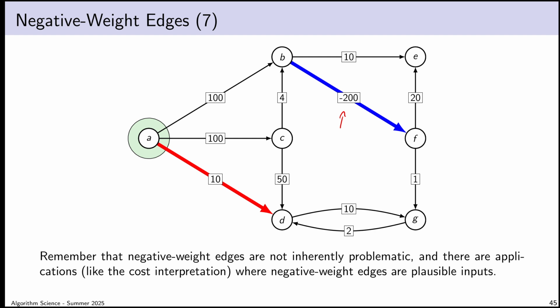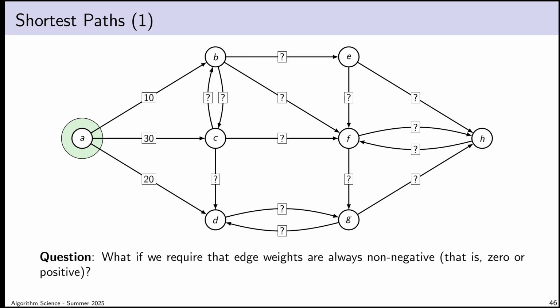It's possible that one day you are working on a problem where you're modeling something with an edge-weighted graph and you have negative weights, and you think to yourself, it would be great if I could get rid of the negative weights so I could use a faster algorithm than Bellman-Ford. That is a healthy approach to this. But I don't want you ending up in a position where you think, uh-oh, I've got negative weights, therefore I have no idea what I'm doing and the problem is a failure. Well, no, negative weights are fine. They are not inherently problematic, although yes, they do cause all sorts of mischief in certain contexts.